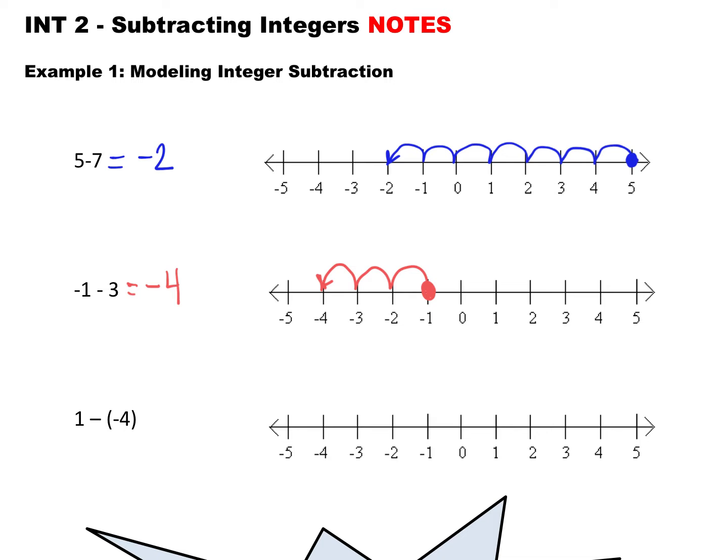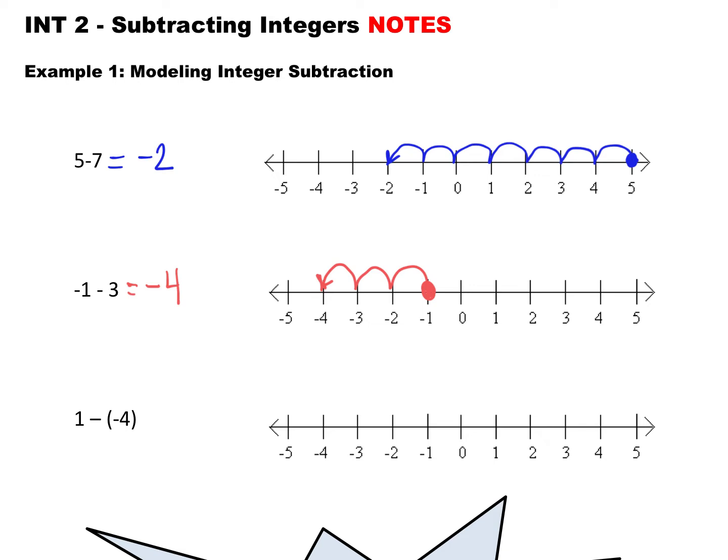to spend now. I could also think of it as taking away a 4-yard penalty. Maybe in football, the team got a 4-yard penalty. I don't know what they'd get a 4-yard penalty for, but go with it. They got a 4-yard penalty, and then the official reviews the instant replay and says, wait a minute, I'm going to take away that penalty. So I'm going to take away the negative 4-yard penalty, which means he's going to give them back 4 yards. They're going to move the ball forwards 4 yards again. So they had lost 4 yards, and now we're taking away that loss, which means we're going to add it